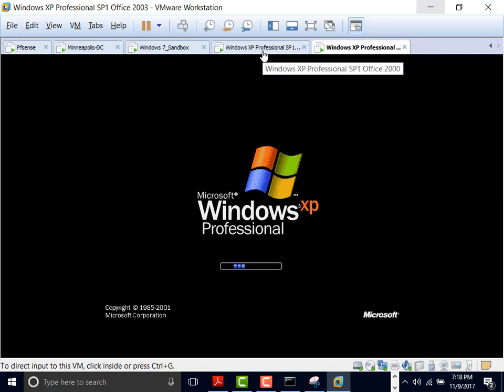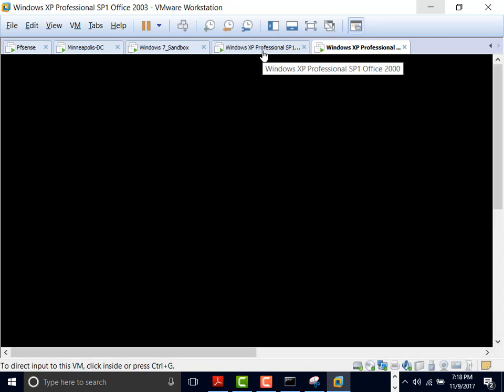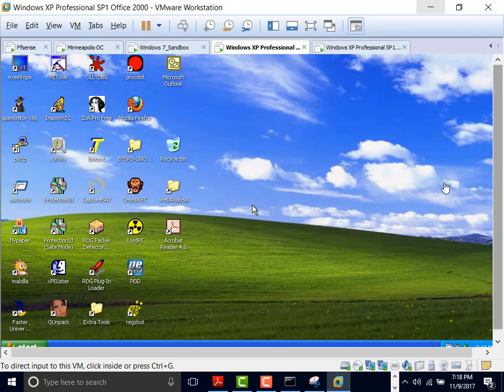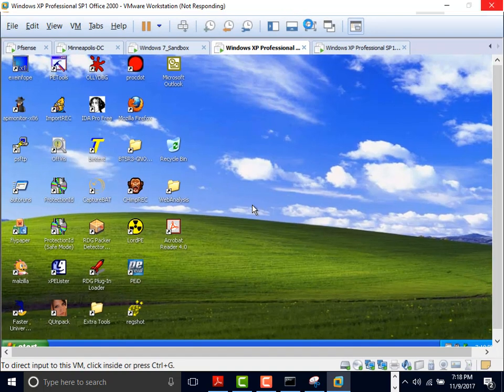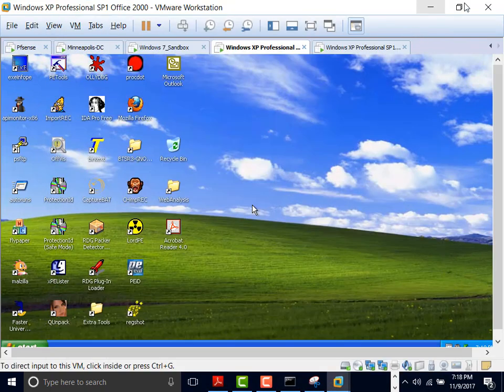I really want you guys to understand this, because some of our students that are doing the CCDC competition, right? They find it very challenging because they are not used to routing and firewall configuration before. But if you go through these, it's pretty much the same thing for most of the devices that you're going to be encountering. So here's another one, and I believe this one will set it for DMZ1. I believe DMZ1. So I'm going to load this up,